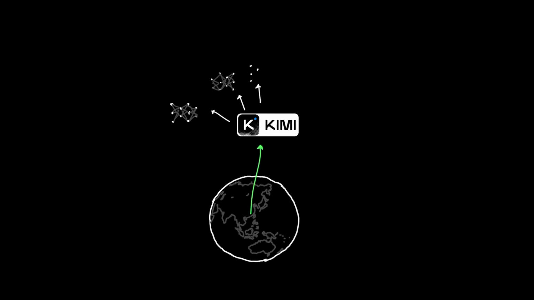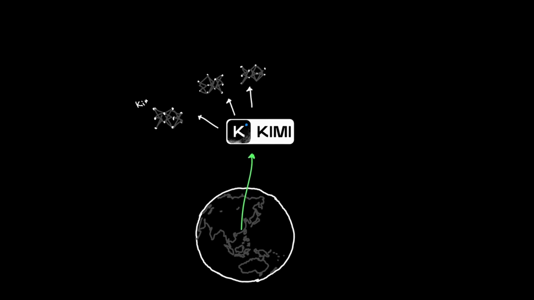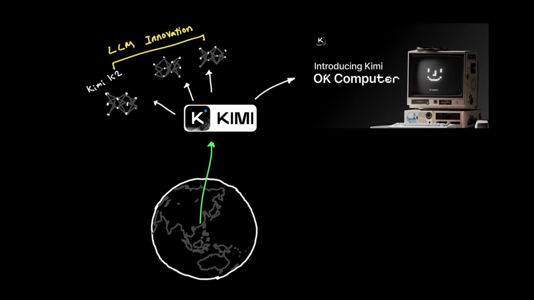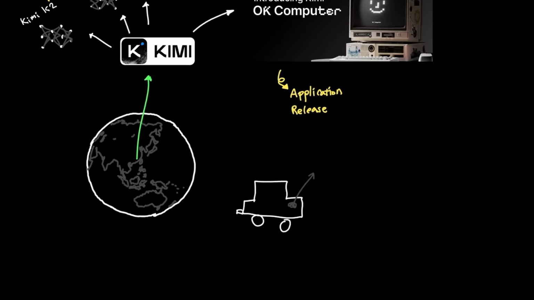Kimi is one of the frontier labs in China that's becoming one of the hottest AI labs that offer models like Kimi K2. And while Kimi has been putting out cutting-edge AI models, they also recently released a feature called OK Computer. And whenever frontier labs extend beyond just LLM innovation to actually use their LLMs to release an application, I'm all for it. It's sort of like getting the OEM product for your car instead of using an aftermarket